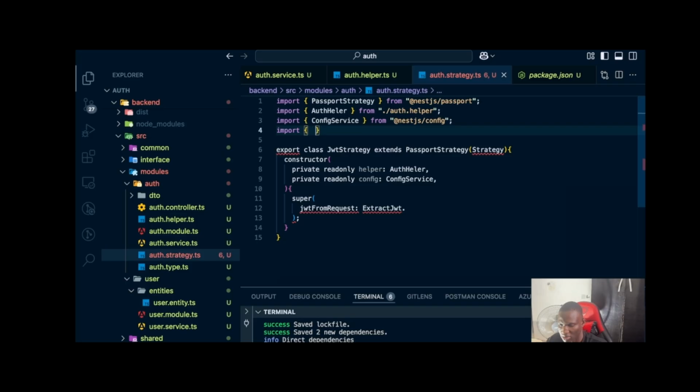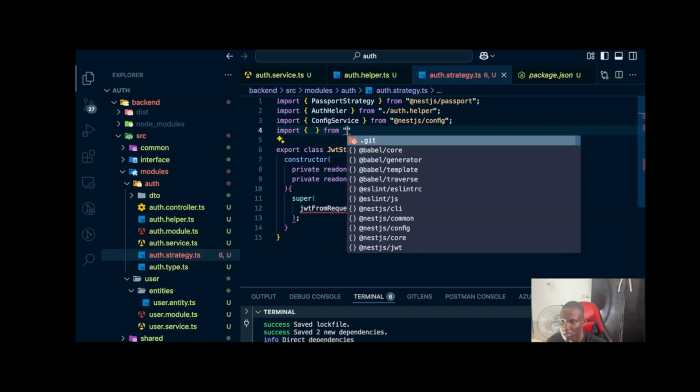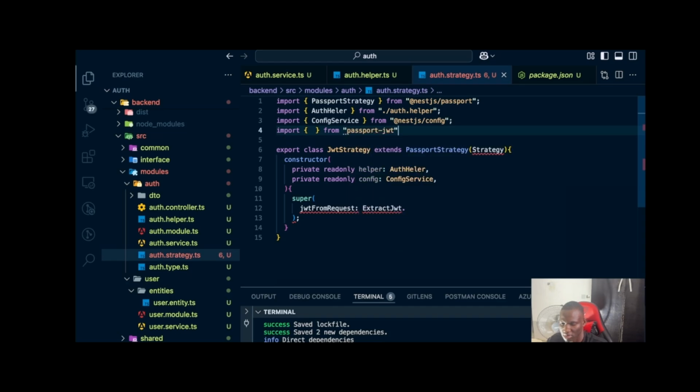Let's manually import that. Passport JWT. Okay. So extract JWT. These two, we need to import it from there. Yeah, we need to import that from